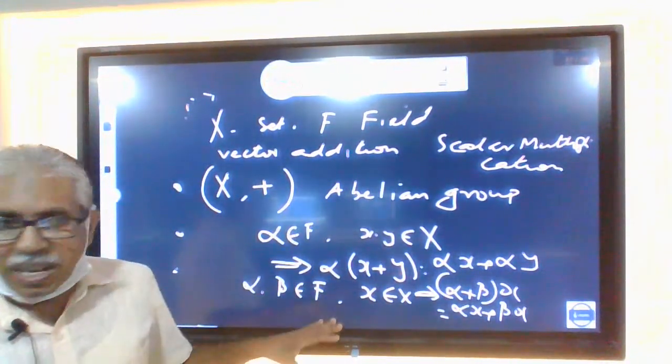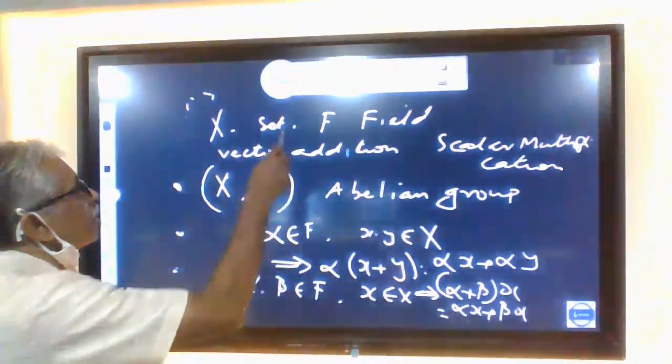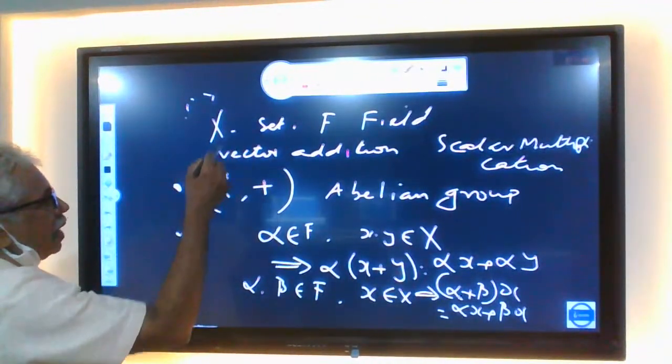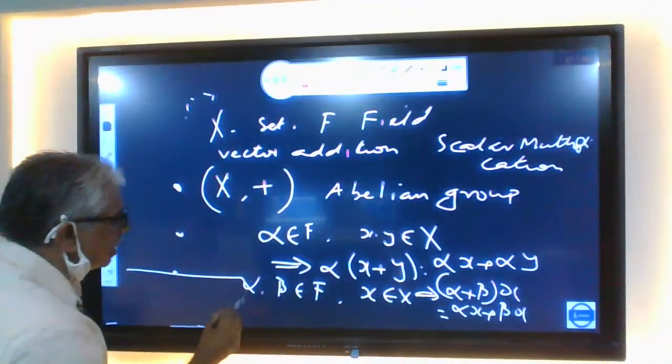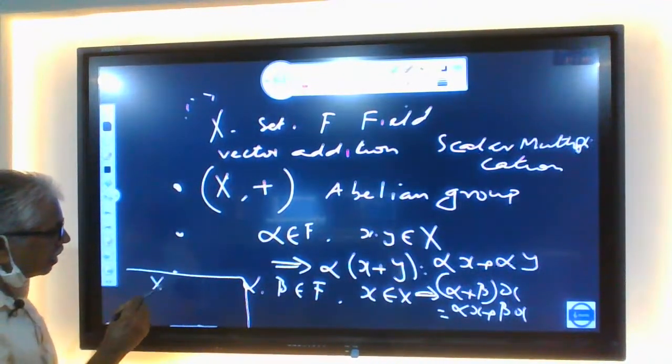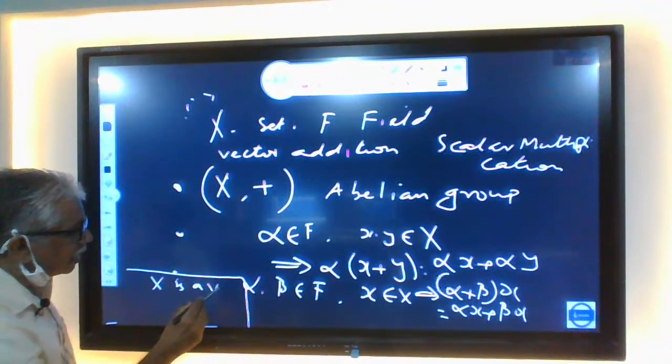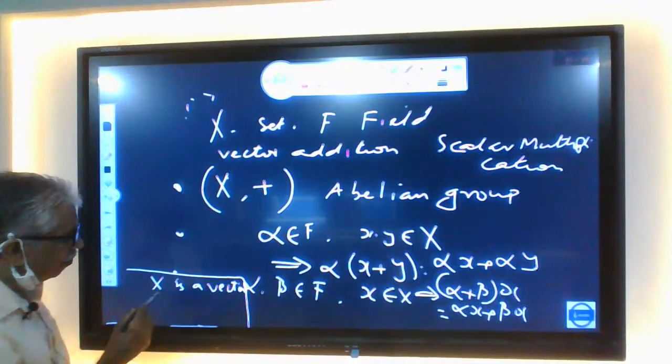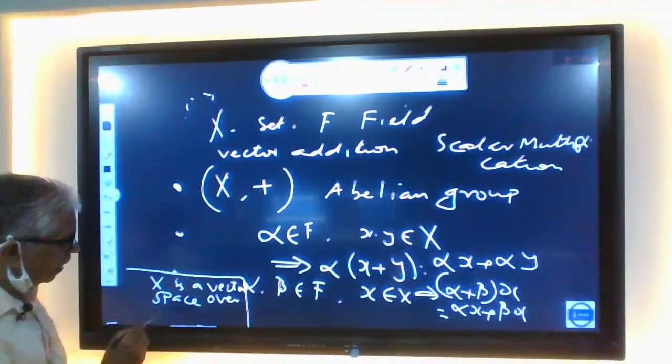If these conditions are satisfied, you say X is a vector space over the field